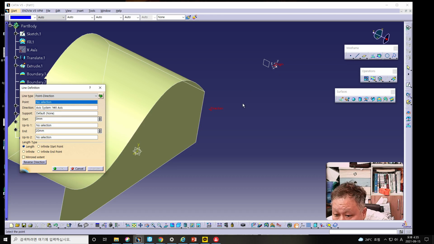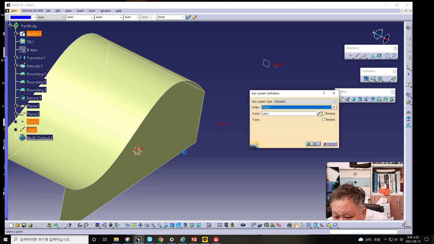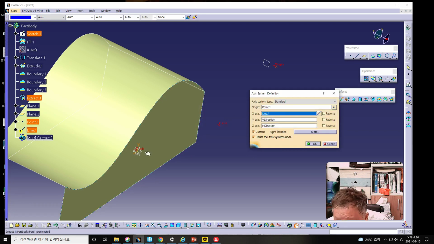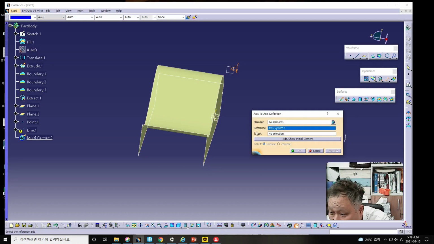Point should be made from this one or this one, and direction can be made to this one. Okay, x-axis, y-axis is like this one, and z-axis is this one. Some error can occur, therefore if you select the x-axis from here and hide show initial element and some axis system and the other axis system,